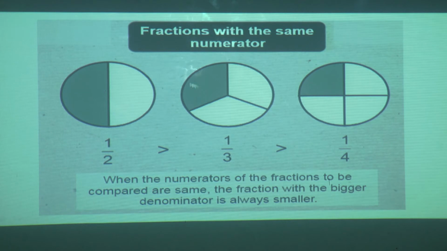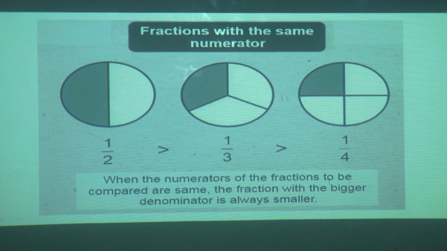Here we have a pizza, which we have divided into half. One is the shaded portion, given in a light color so it can be identified very easily. When it is divided into 2 parts, we write 1/2. Here we divided the same pizza into 3 equal parts, and one portion is shaded, so it is written as 1/3. Out of 3, only 1 is shaded.